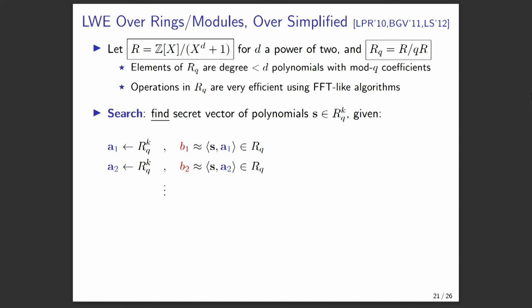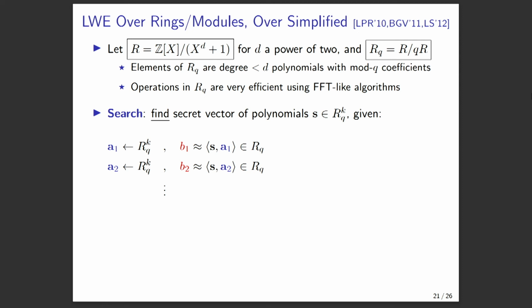And so the LWE problem, or the ring LWE problem, or the module LWE problem, is: we've got a secret which is now a vector of polynomials mod q, instead of a vector of integers mod q. Everything else syntactically looks the same. So we have the secret vector of polynomials, and we are given random vectors of polynomials,